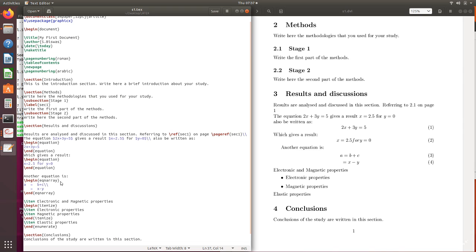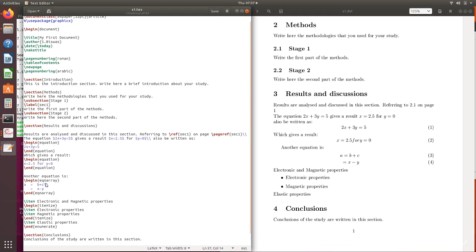If you have a number of equalities or a number of equations or inequalities, then you have to use the eqnarray. So \begin, then eqnarray, and this will produce your equation having a number, with a series of equations. So if you use this backslash begin within curly brackets eqnarray, then a is equal to b plus c, then double backslash, that will produce a new line, that is equal to x minus 1.